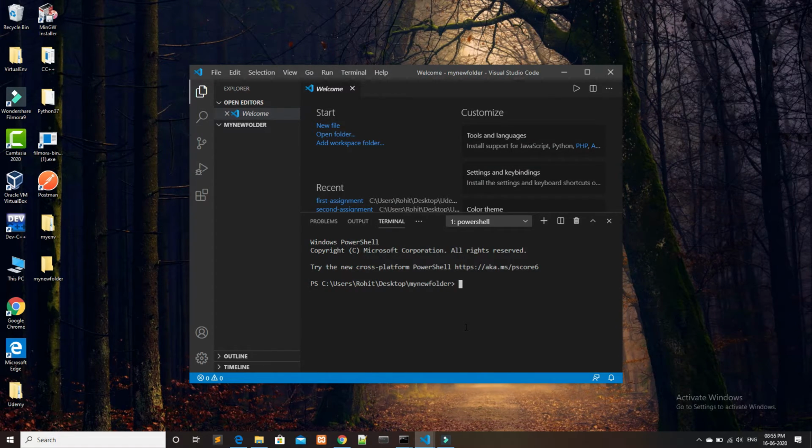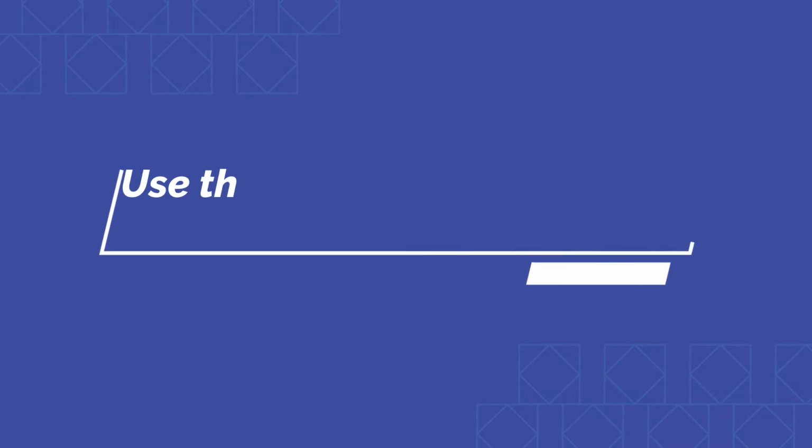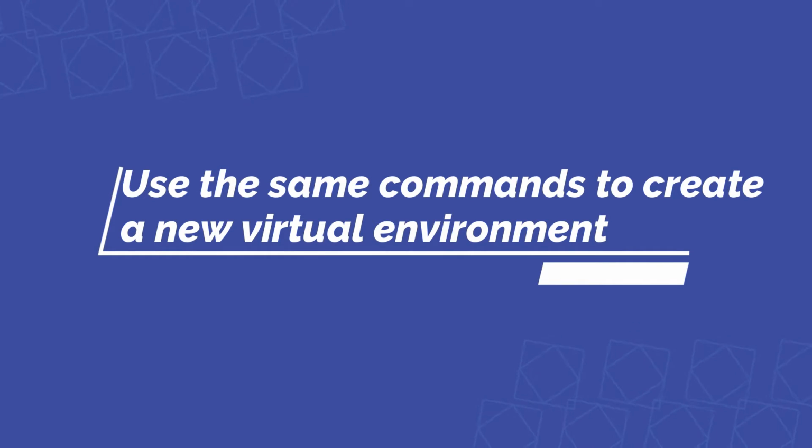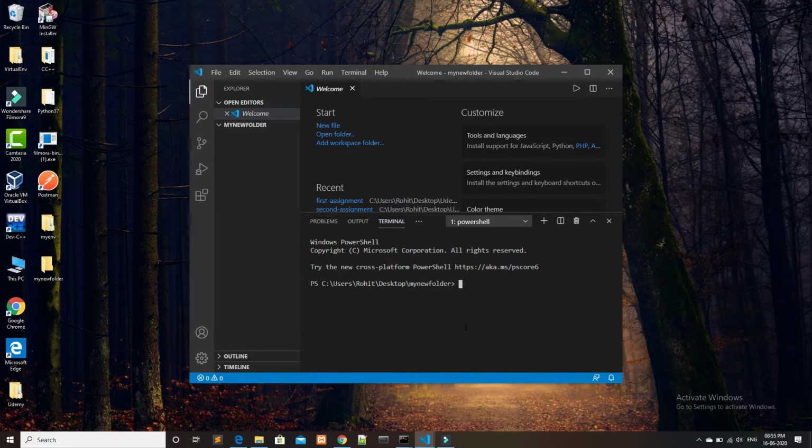Now here you can write the same command to install the virtual env as we have written earlier. So the command to install the env is py -m venv, and I will name the env as new env.